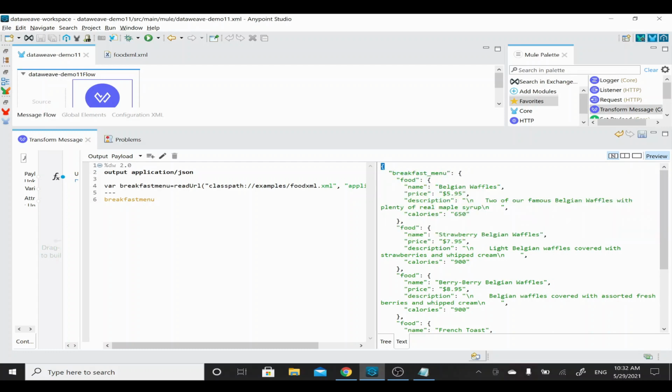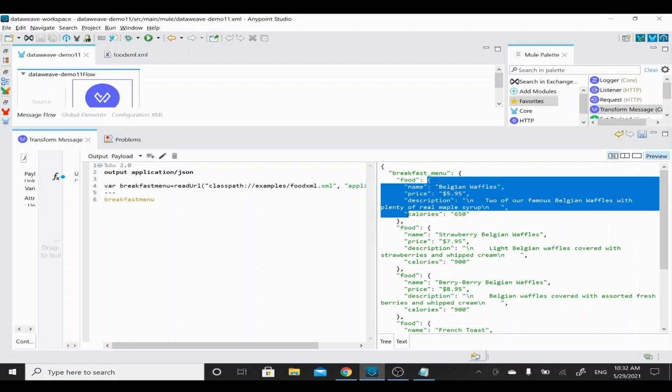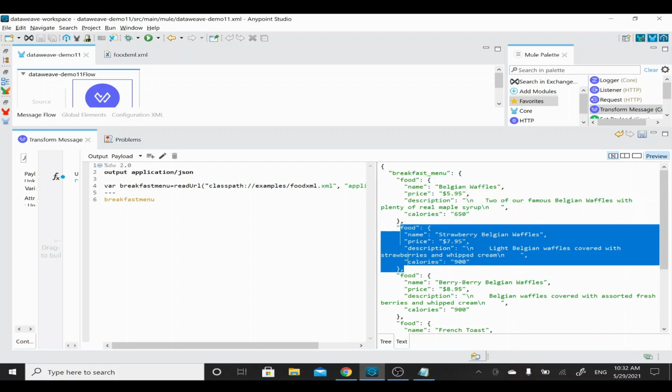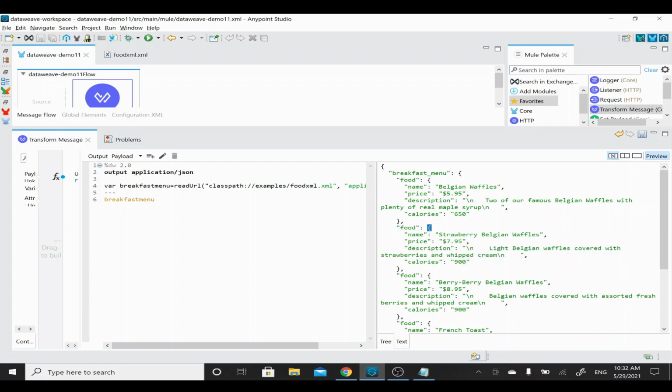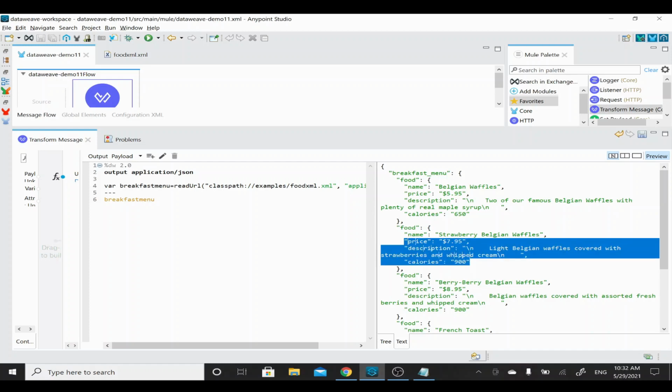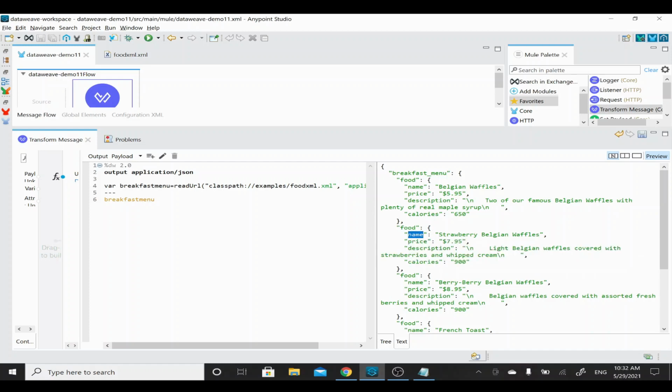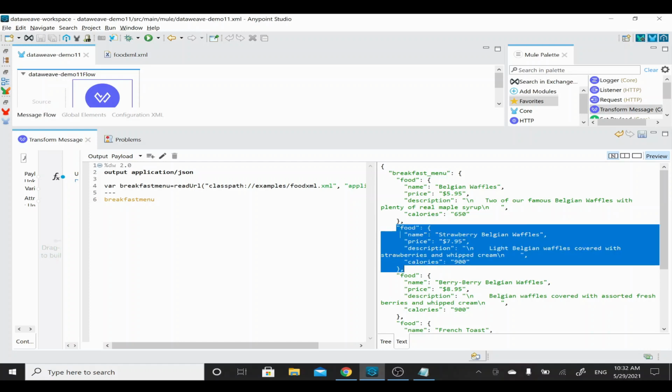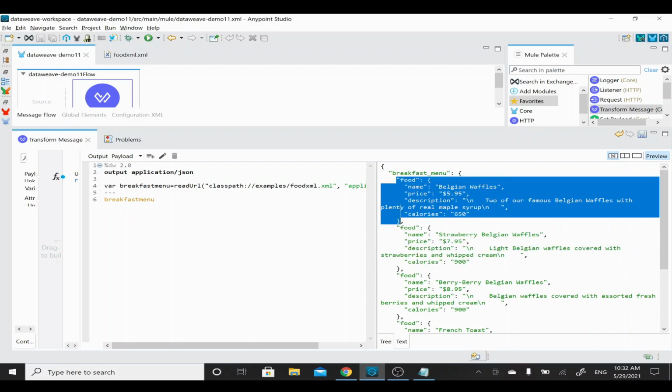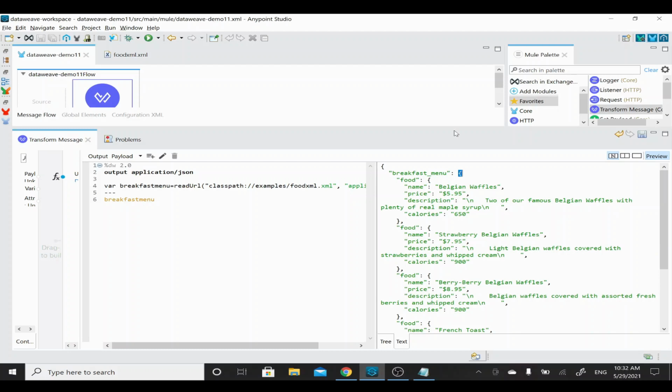For example, if you see also, the structure is starting with curly braces, okay, which is an object, and breakfast menu, this is an object. And again, even though you have multiple food details, each food is an object because it's starting with curly braces and it's having key value pairs, and in the same object we have multiple key values, right? So for example, name is one of the key values in this object of food, and price is another key value for this object in food. So similarly, one food set is this one, right? Similarly, we have 5 food sets. Okay, so normally if you have recurring items, then this breakfast menu should be an array, right? But this particular sample has the object only.